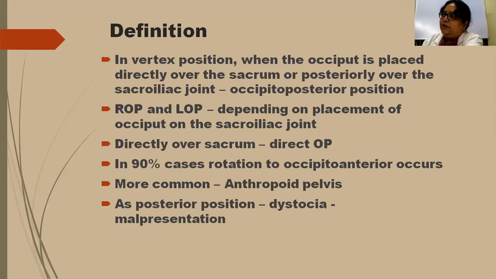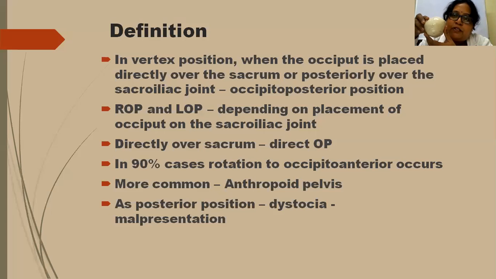What is occiput, what is sinciput, and see, this is called the anterior fontanelle, and this is the posterior fontanelle. Anterior fontanelle is diamond in shape, and this is the sagittal suture. These are the coronal sutures, and this anterior one is the frontal suture, separating the two frontal bones. This is the coronal suture, which separates the parietal and the frontal bone. And this is the sagittal suture, which separates the two parietal bones. So this is called the anterior fontanelle, which is diamond in shape.